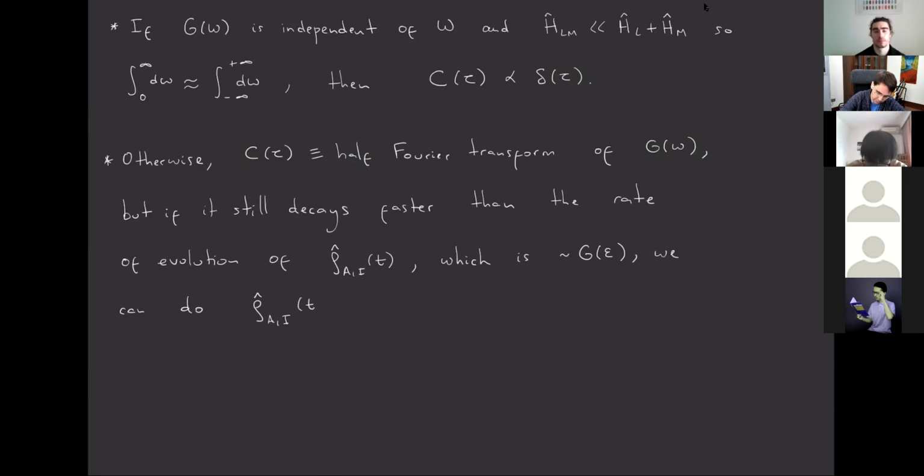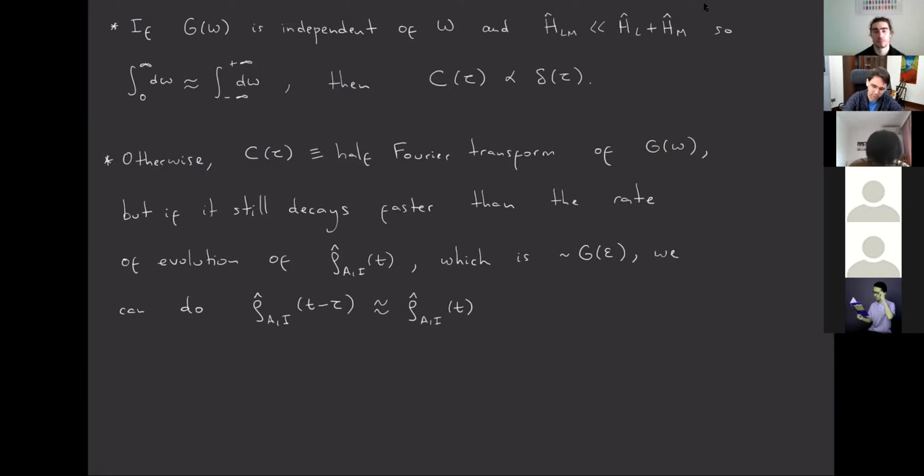Which is that we can approximate in the integral kernel, we can say that the state at time t minus tau is approximately equal to the state at time t,